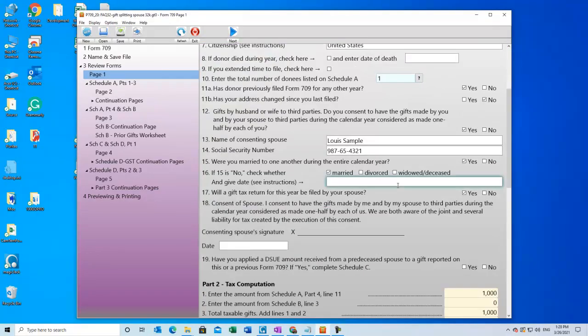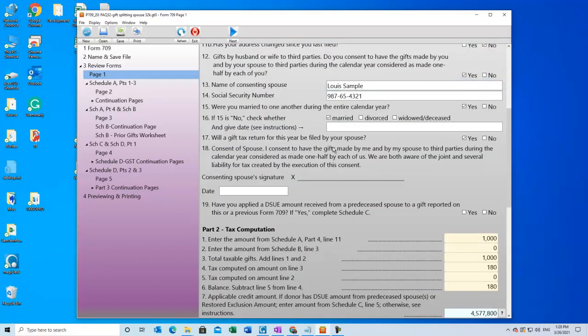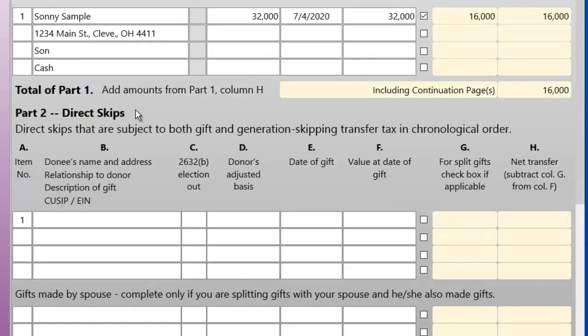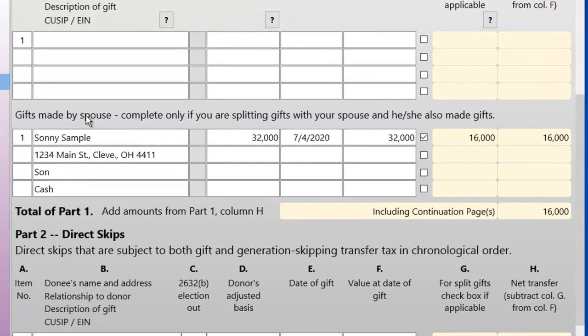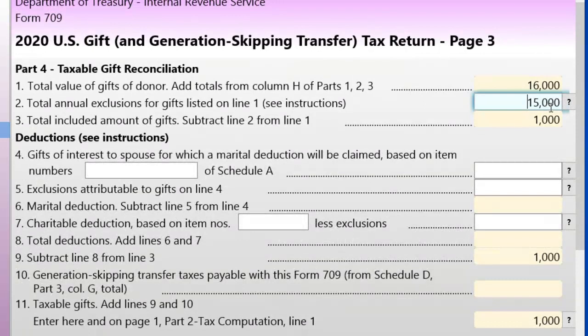Now, Betty is the donor, and Louis is the consenting spouse. We'll go to page 2 here. And now we see that the spouse, Betty, her consented gift, or however you want to phrase that, is also $32,000. Half of it is $16,000. $16,000 goes over to her return, against her exemption, and so there's $1,000 left over,